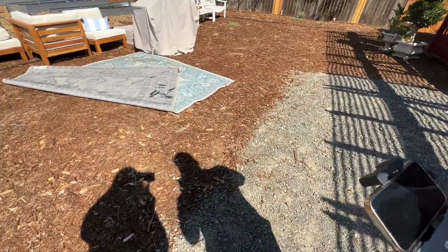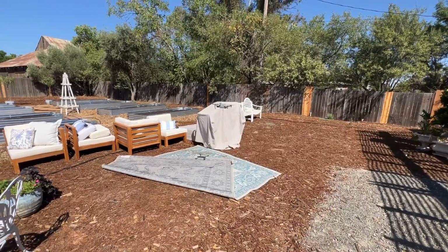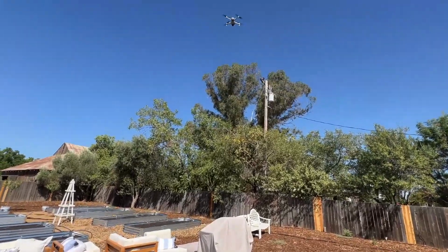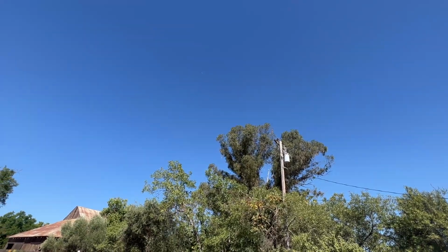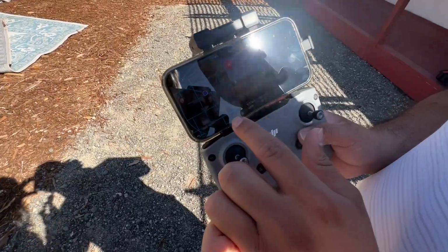This is incredible. Oh my goodness. And now it's just going to do its thing. Oh my gosh, this is crazy. So about how long does this take? So right now it's estimating about 10 minutes to do a grid. We can kind of see right here